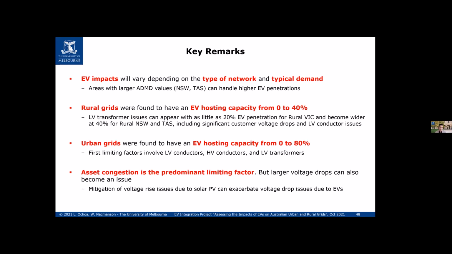The problem here is that so far we haven't really modeled significant penetrations of photovoltaics. Now, when we handle photovoltaics, normally we would change the off-load tap changers, to reduce the voltages via the transformation ratio, so we can handle voltage rise. But the problem is that if we have those mitigation strategies in place, then that will exacerbate the problems with electric vehicles as well later at night. So the moment that we start incorporating different penetrations of photovoltaics, we will see that the problem is even higher or a little bit more complex than what we are presenting today.